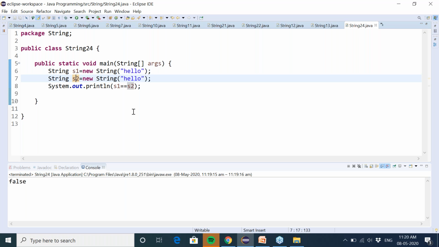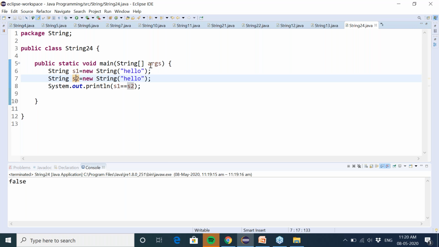But if you just assign the value, in that case, Java will allocate some space for Hello on the heap memory, and when you again assign Hello to the S2, because Java will have this string in the heap memory, then the same reference of the memory will be given to S2 as well.